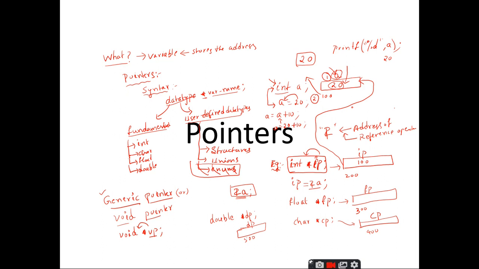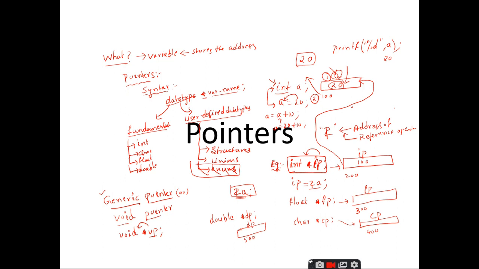That means it is capable of storing the address of any variable you take. You can store the address of an integer variable inside the generic pointer, or a floating point variable, or a character variable, or a double variable. That is the reason why we call it a generic pointer. Generic means general, so it accepts any variable address. That is why it is called a generic pointer.